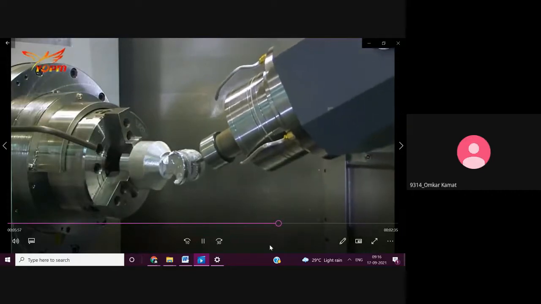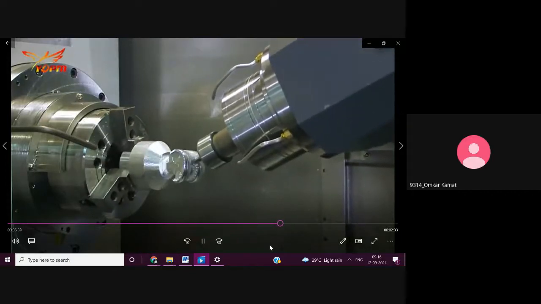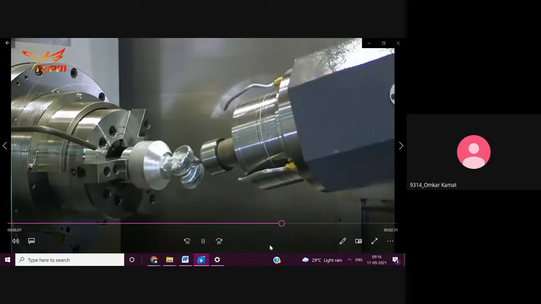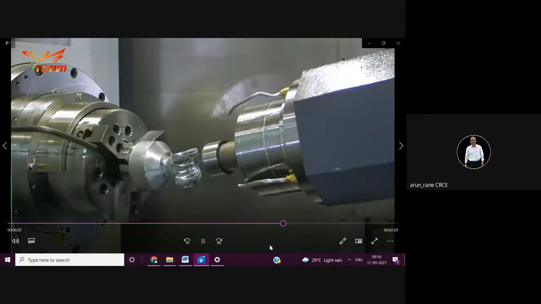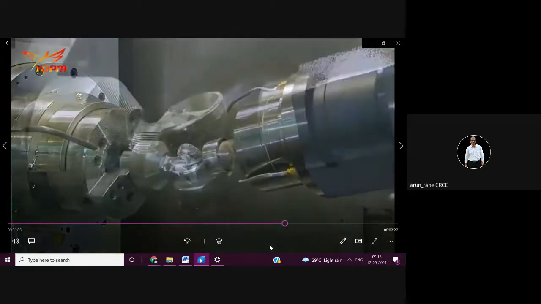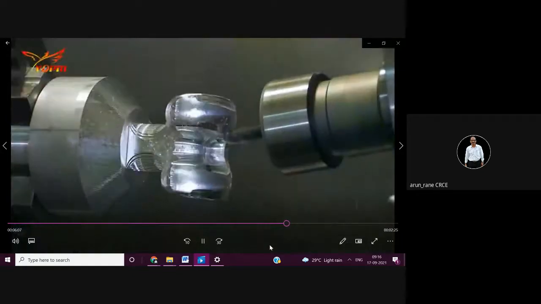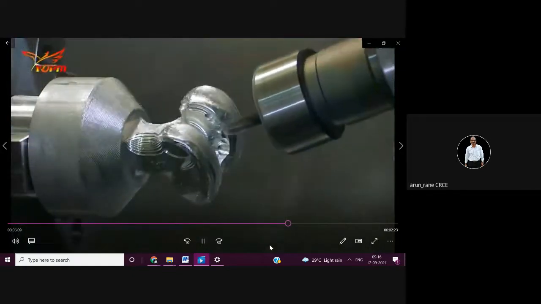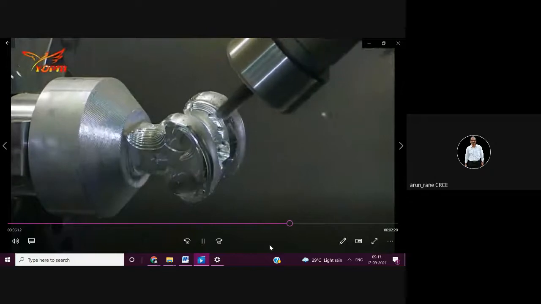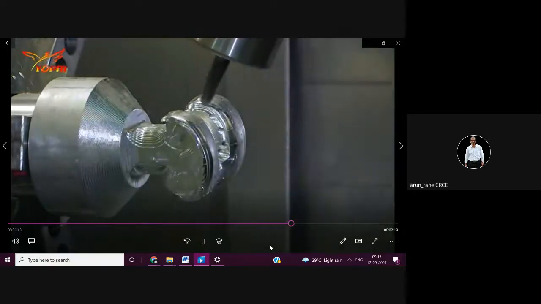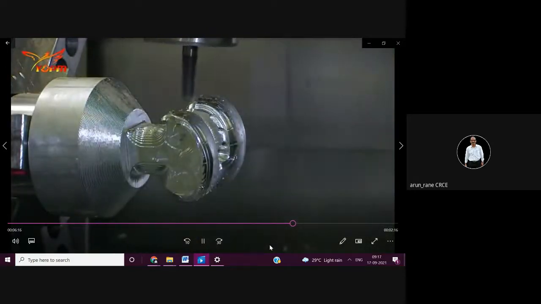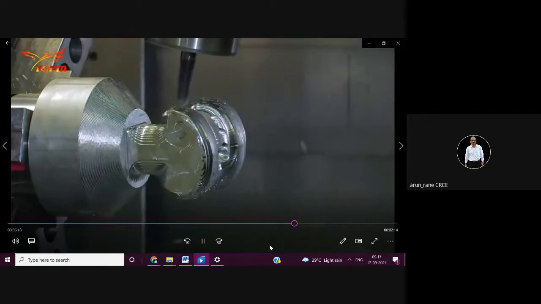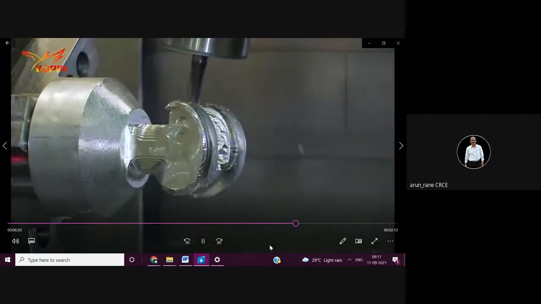Sir, face milling is used more than other types of milling. Yeah, face milling is basically the first operation. In that you are actually milling the face, but it's not necessary that face milling is commonly used. It is the basic first operation because once you do the facing, then only you can do other operations.